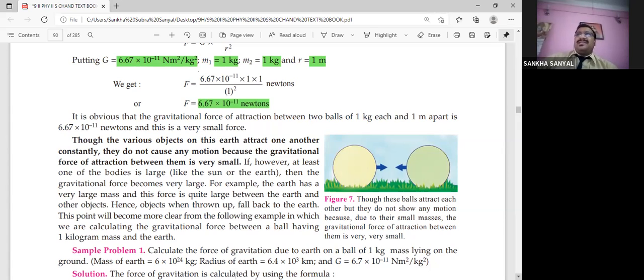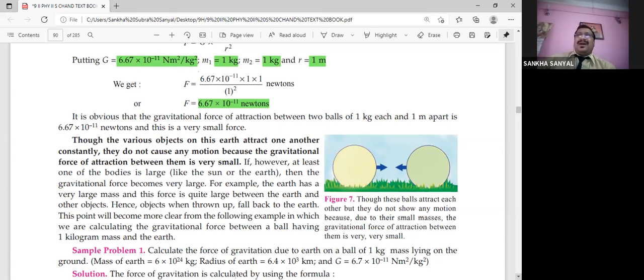Well, my dear students, my answer to this is yes. The earth is also attracted towards the stone. The only problem is the mass of the earth is so humongous that when it moves towards the stone, the movement is so subtle, so small, that we cannot actually see that movement with naked eyes.